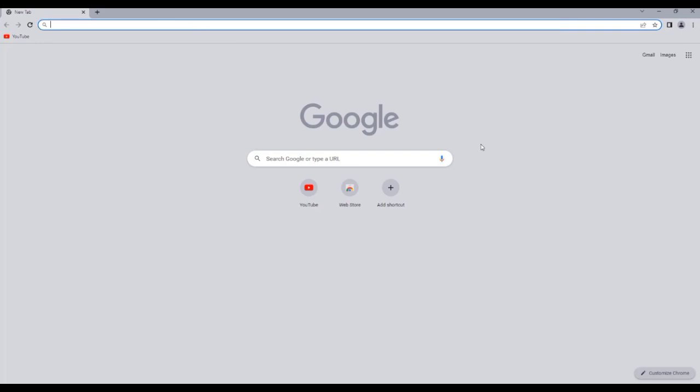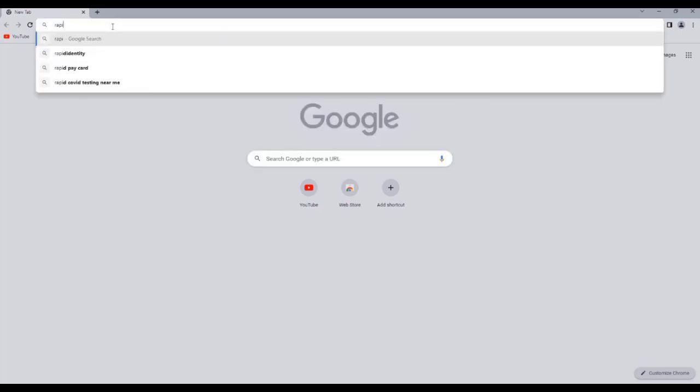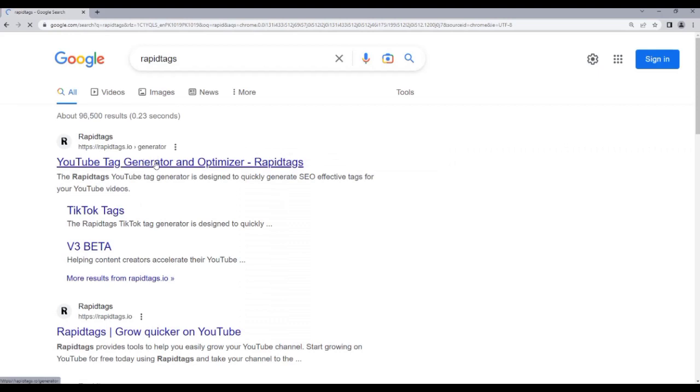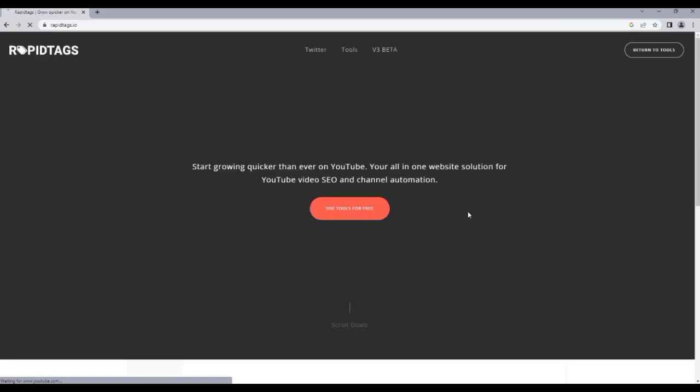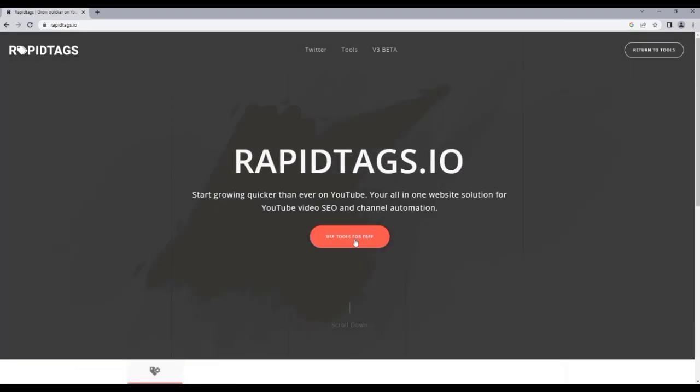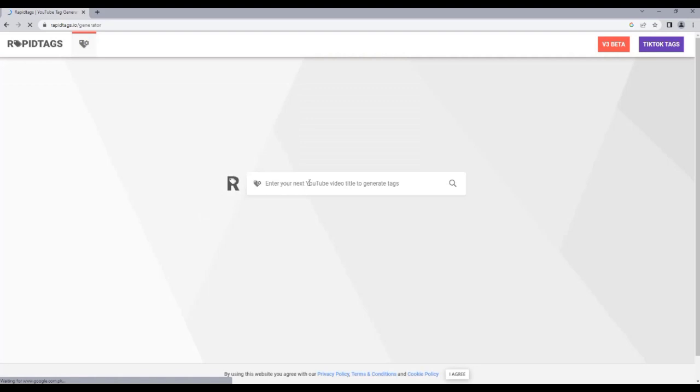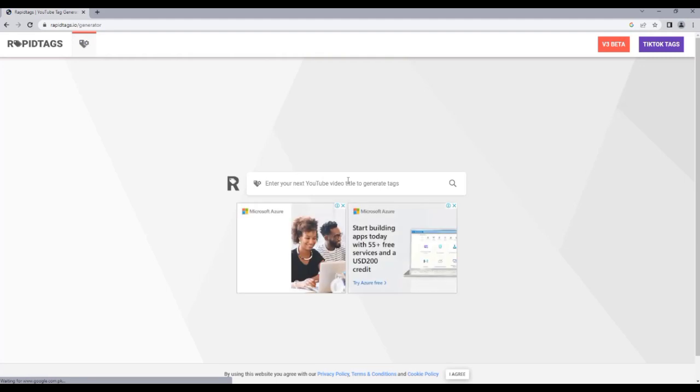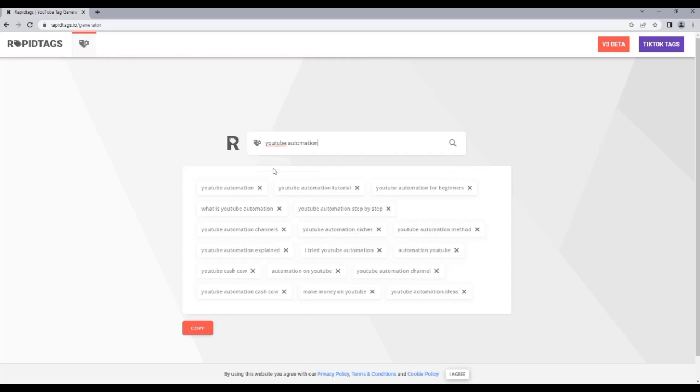So the first tool that we have is Rapidtags.io. This is Rapidtags. What you can do, you can use it for free. It's a completely free tool and it will generate relevant tags related to your YouTube video. It says to enter your next YouTube video title. So if I write YouTube automation and press enter, it gives me some relevant tags related to this